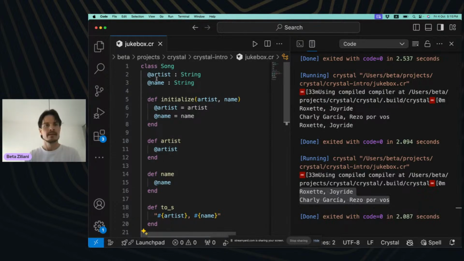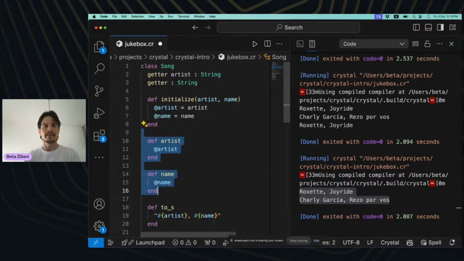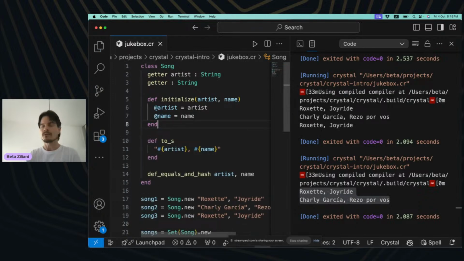For instance, this is a getter. And now we can remove all these getters and get that for free. And this is complaining because I erased too much here.